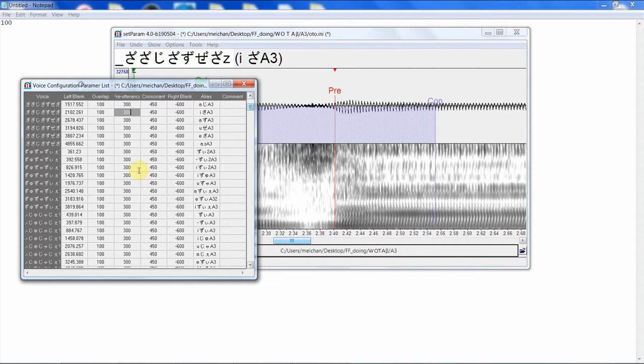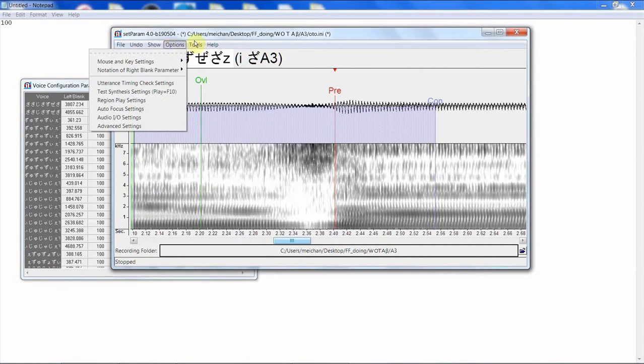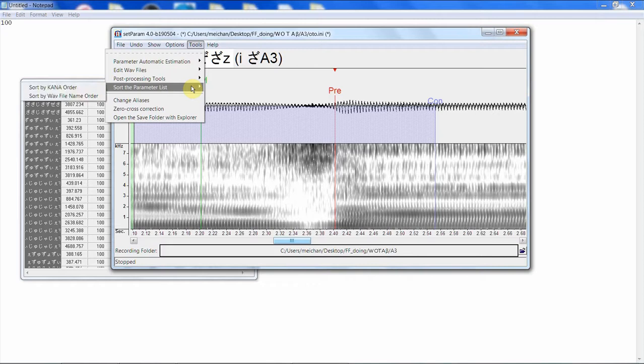Now let's go to something a little more... oh, and you won't believe this. This is the coolest part. You can sort by the parameter list, and you can sort it by kana, and oh my goodness, I tested this out on one of the banks I was OTOing for Britty, and I